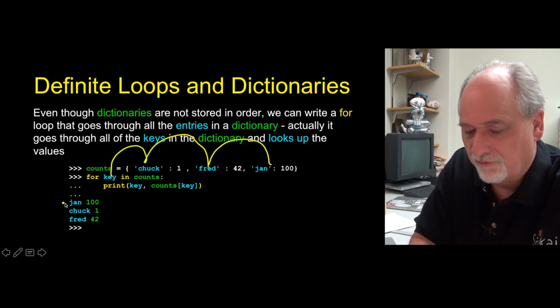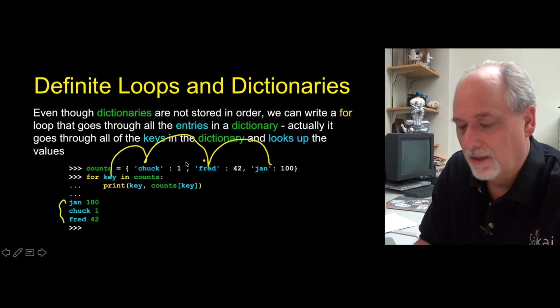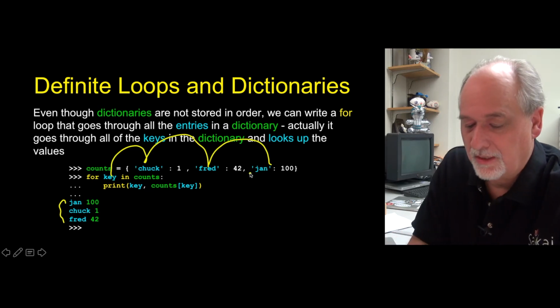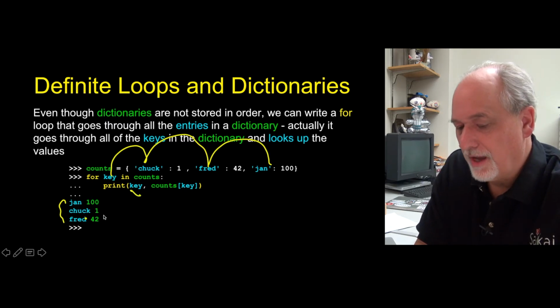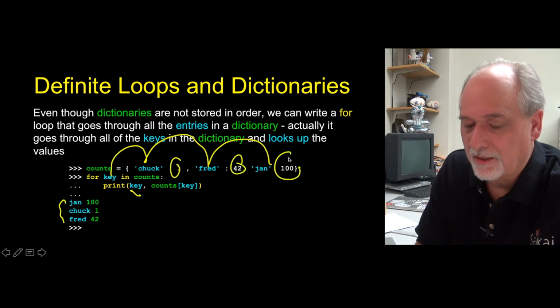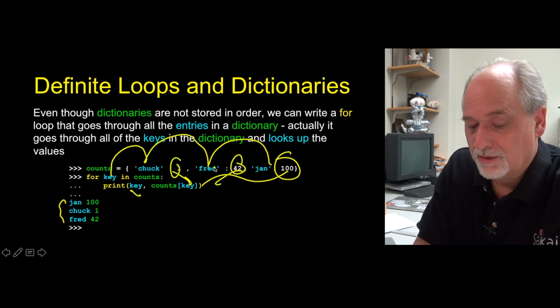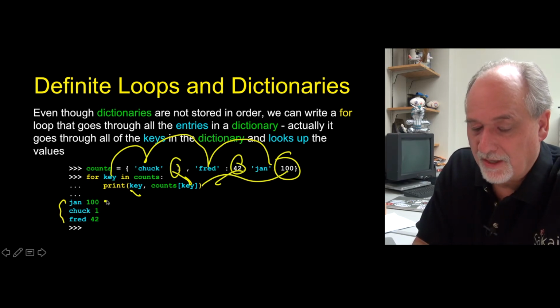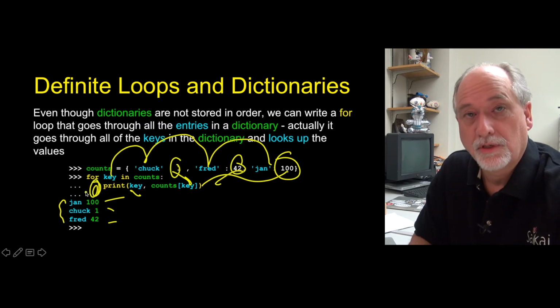As you see, it goes Jan, Chuck, Fred, because just because I typed it in this order, it's not like a list. It doesn't stay in that order. It might move around a little bit as we add data to it or as we set the data up. And so in the loop, you can get the key, and that's what prints out the Jan, Chuck, Fred, but then you can also get the corresponding count for each one of these by just pulling it out of the dictionary, right? And so we can pull out the corresponding value, and so we print out Jan 100, Chuck 1, Fred 42, and that runs this loop 3 times.